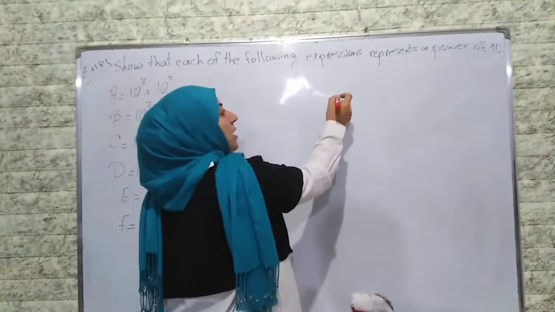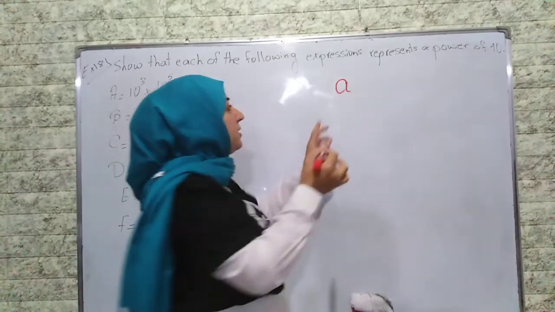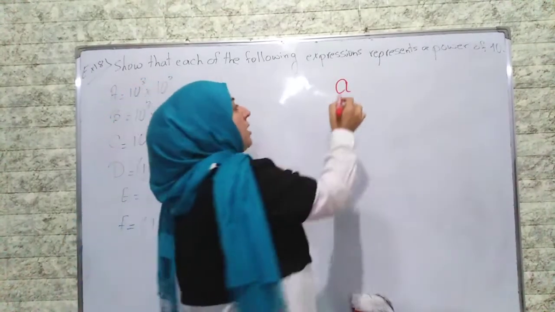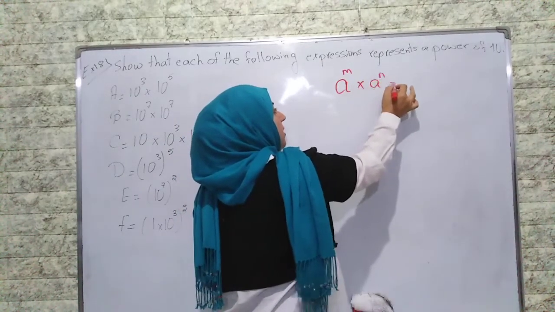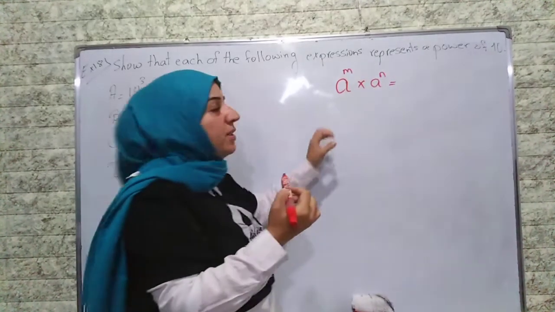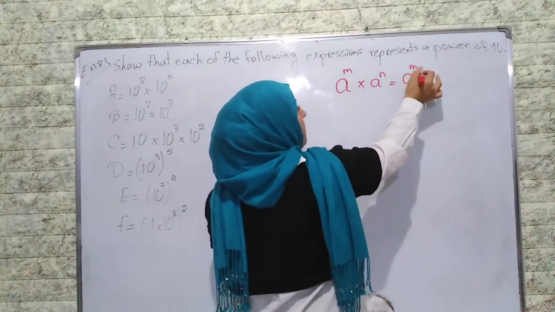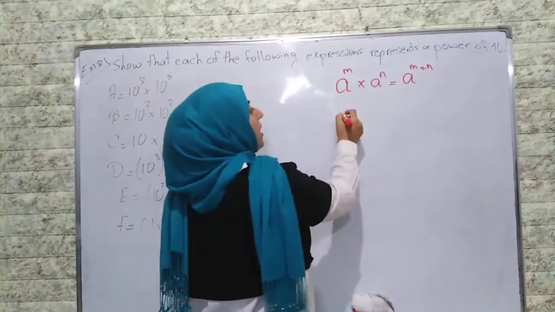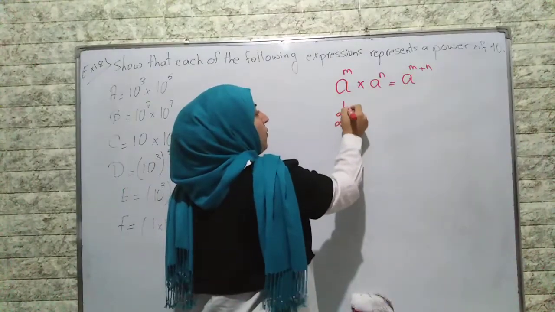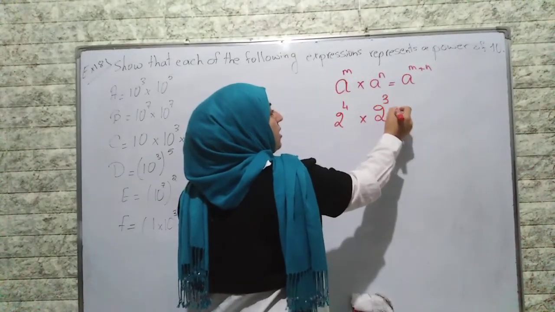We know that when we have the same base, for example, a, and keep in your mind that a can be any number, a to the power m times a to the power n, that's what we explained in the previous video. We can write it as a to the power m plus n. Let's take an example. If we have 2 to the power 4 times 2 to the power 3 equals to